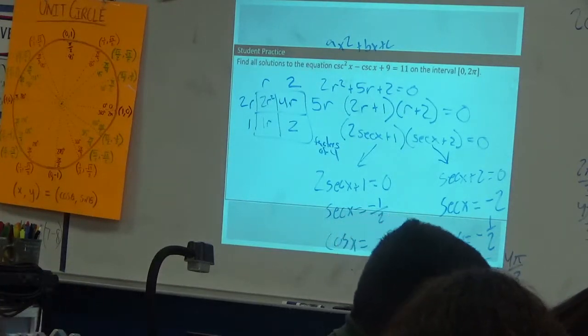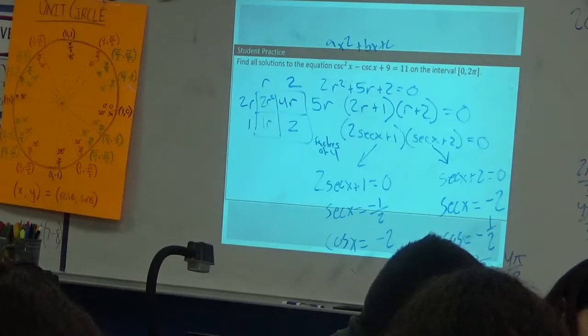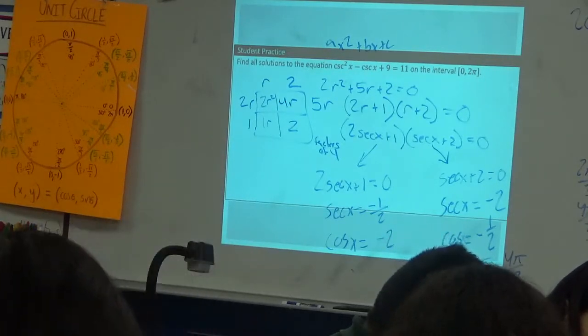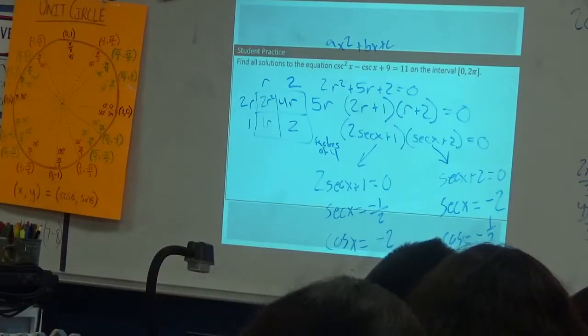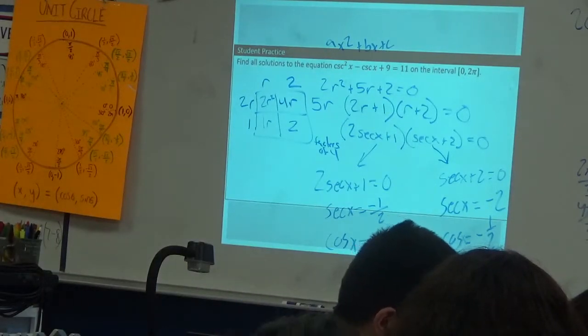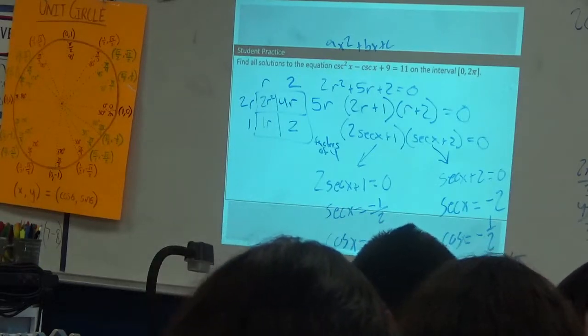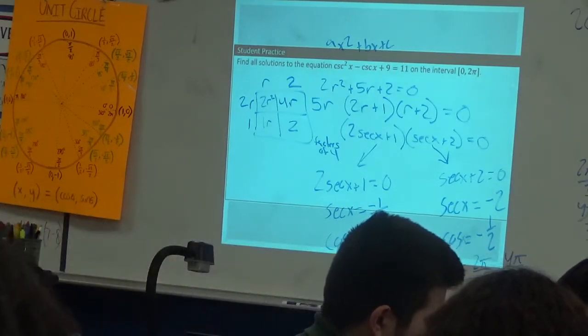Like here you can multiply this, and you get sine squared plus sine cosine plus cosine squared minus sine cosine. And these are going to cancel. Plus cosine squared is